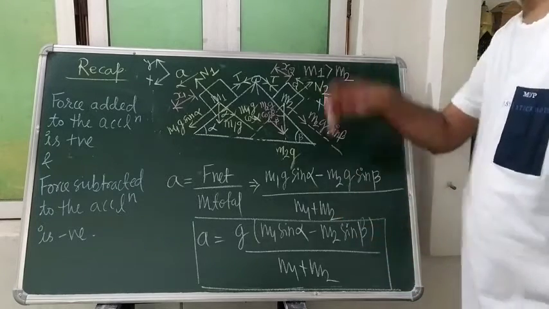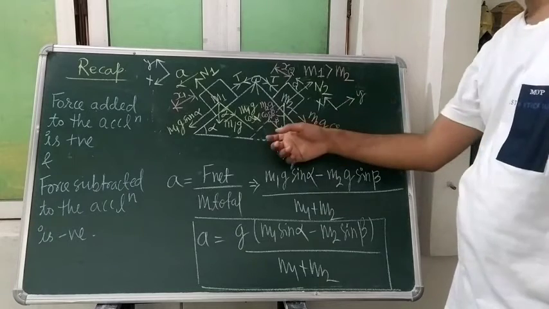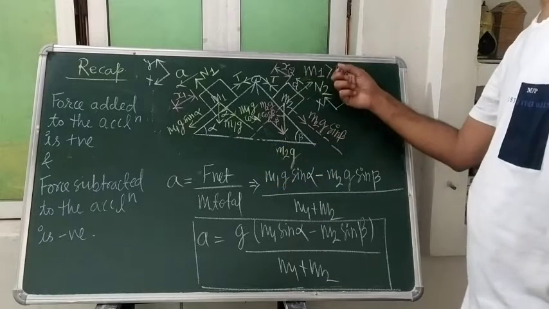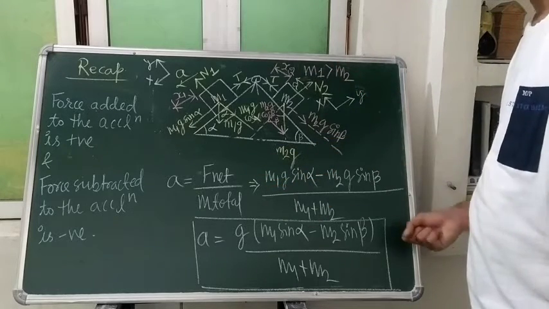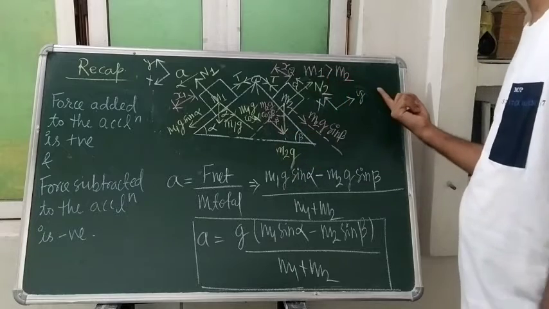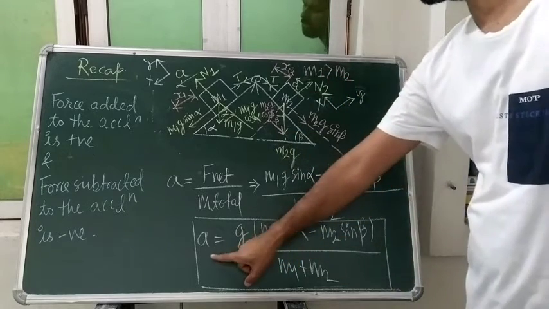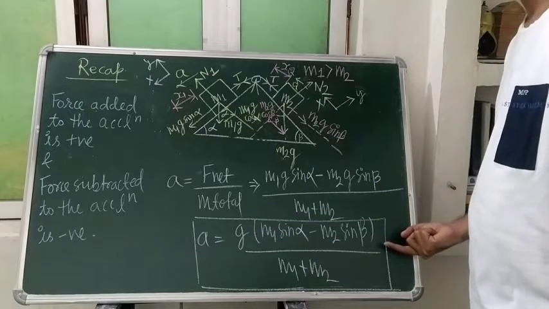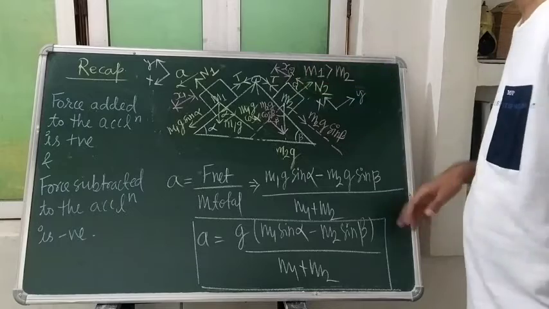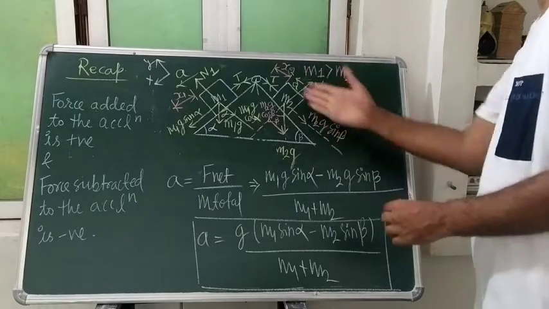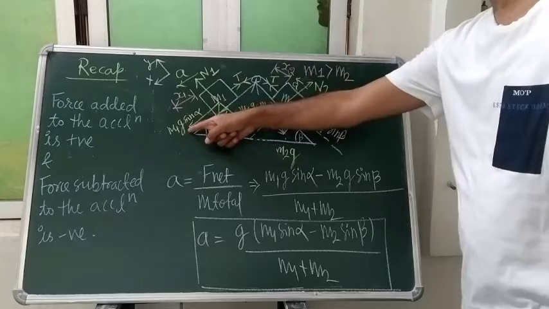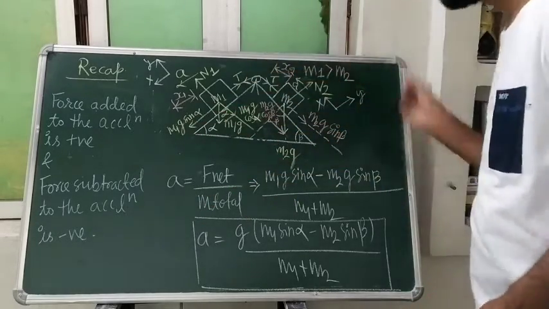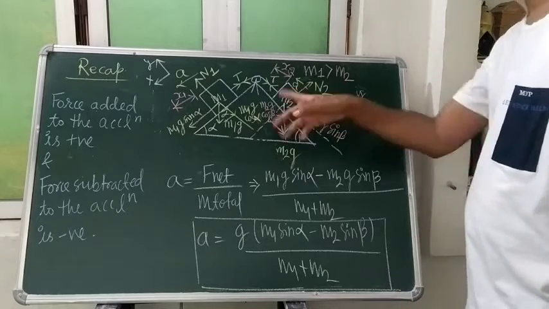Now, in the earlier case, when we were solving the same problem, there was the situation where m2 was greater than m1. Here we have considered that m1 is greater than m2. That is why the acceleration is coming as g times m1 sin alpha minus m2 sin beta. And when we consider that m2 is more than m1, then this will be added to the acceleration, and this will be subtracted, since in that case our acceleration is going to come in the clockwise direction. So you guys will notice that.